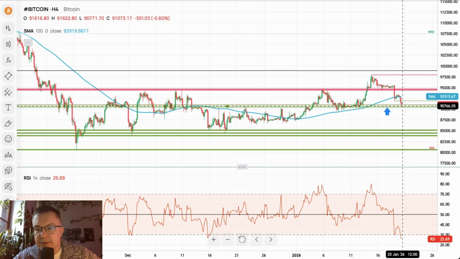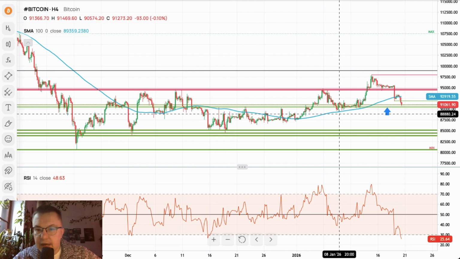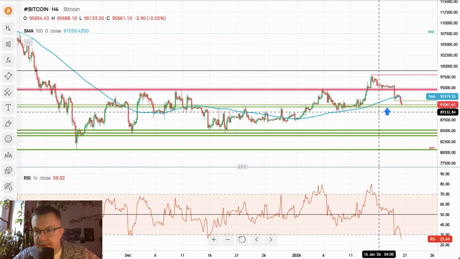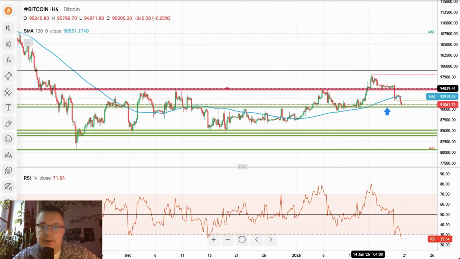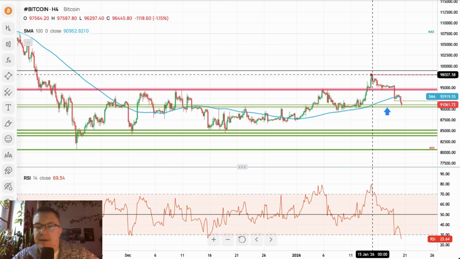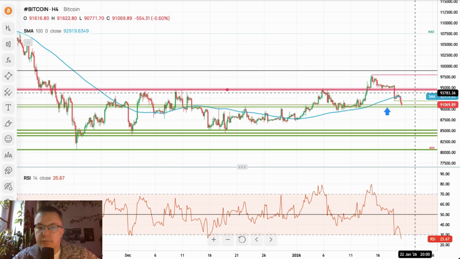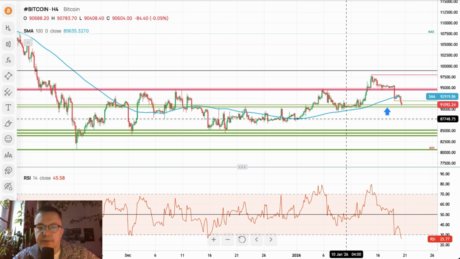There might be some sort of bounce because of the technical reasons, technical bearish, extremely oversold conditions, but it looks like bulls are having a problem moving away from this consolidation here. If they can't go more than $4,000 higher, they can't break above the $100,000 level, then we might see sooner or later a test of the sub 90,000 levels.